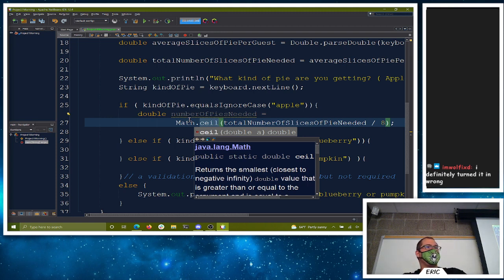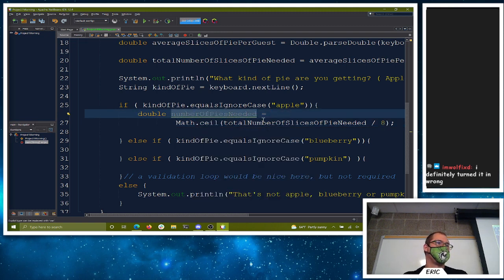So Math.ceil, if it was like 0.2, go up to 1? Yes, so ceil will always go to the next whole number. Where round does actual rounding, but that means you're not going to have enough pie. If it said, hey, you need 3.4 pies, and you round down, your party's going to suck. Yeah, I was using round for a little bit, and I kept getting too few pies. Yep. Rounding does a mathematical rounding, but in our case, you always need to round up to make sure you have enough pie. Leftover pie is good, running out of pie is bad.